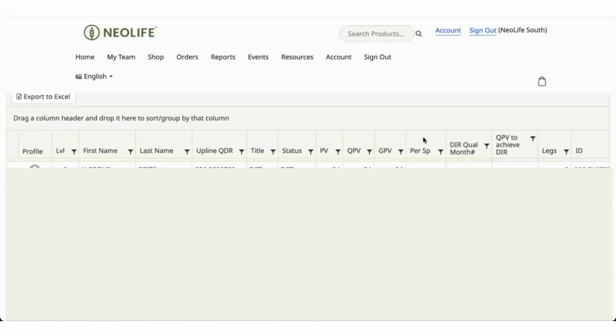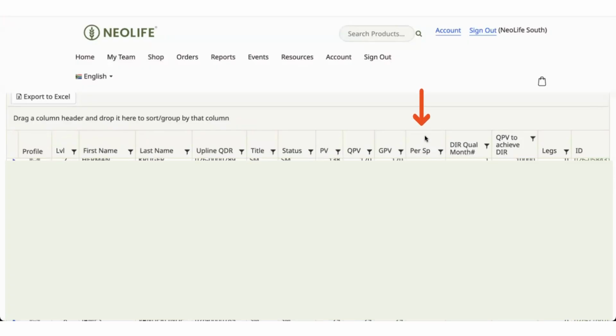And as an example, we'll take the personal sponsoring column. If you wanted to find out the people in your team who had sponsored, if I click on the personal sponsoring column once, you'll see a little arrow. It goes from low to high. Okay, so everyone who hasn't sponsored, and we'll go all the way down to people who have sponsored,